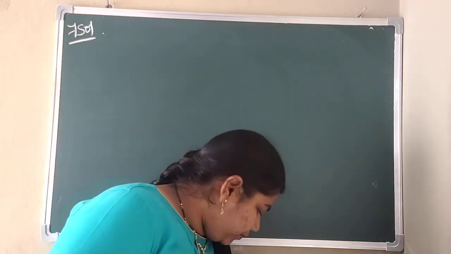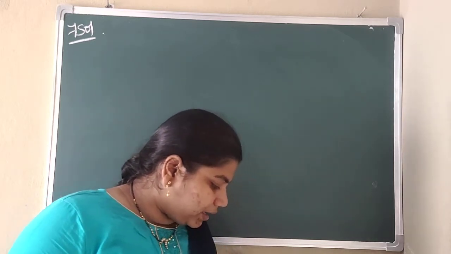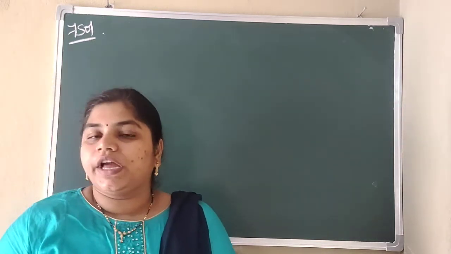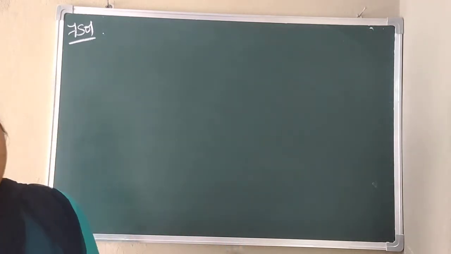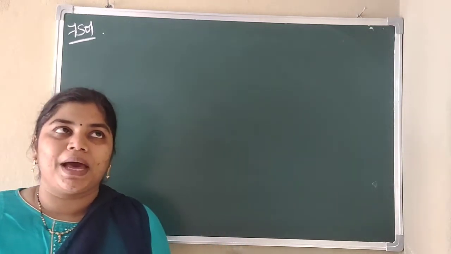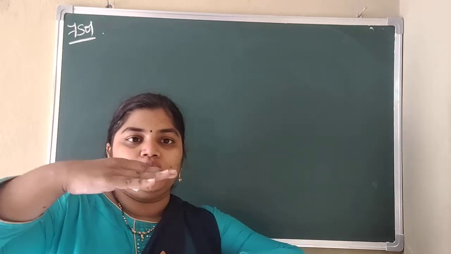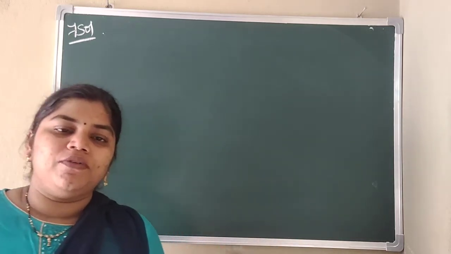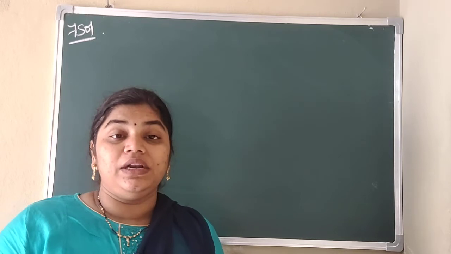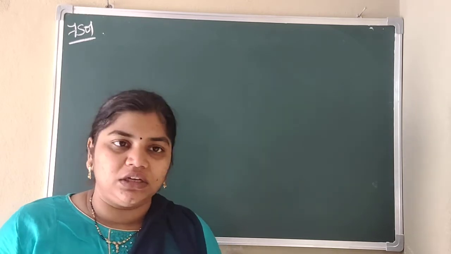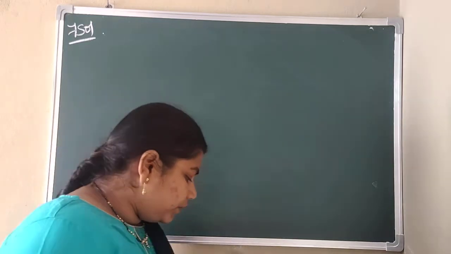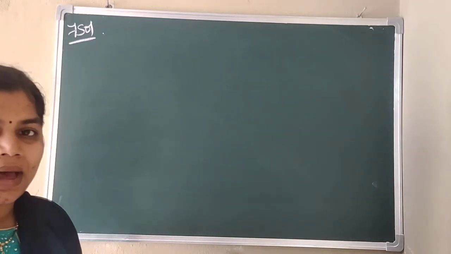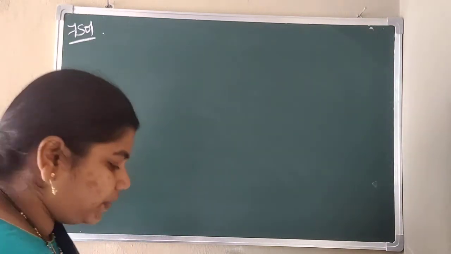Seventh is, which of the following pair of lines are parallel and why? So which lines are parallel we have to mark here. And already I told you about parallel lines. So what do you mean by parallel lines? Distance between any two lines will be same. So that type of lines we will call as parallel lines. It will never intersect with each other. Okay, so those lines are called parallel lines. So which of the following pair of lines are parallel and why they are parallel we have to find.